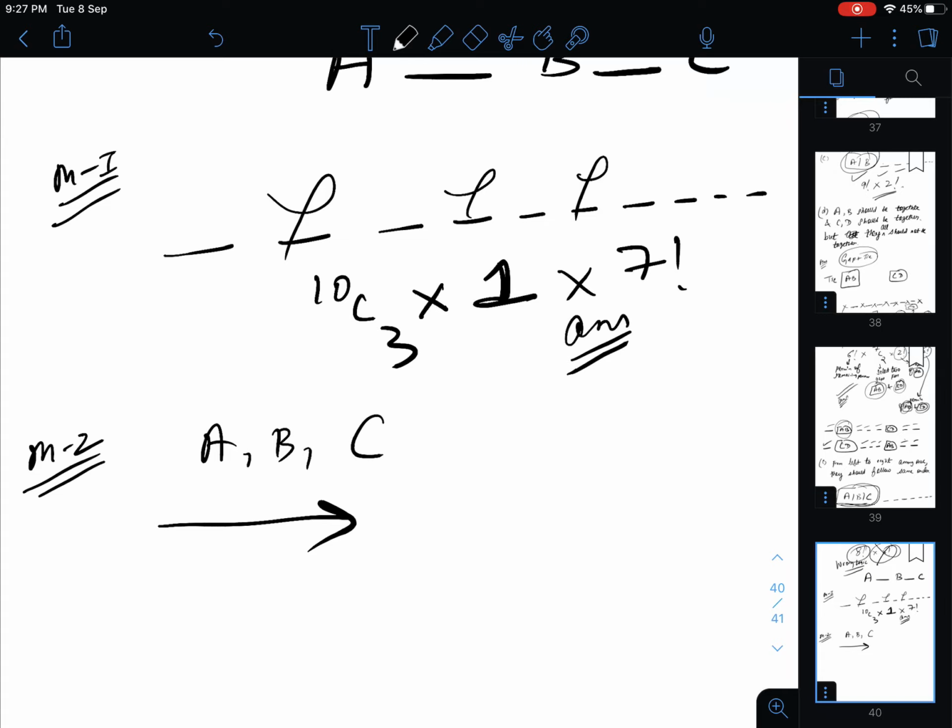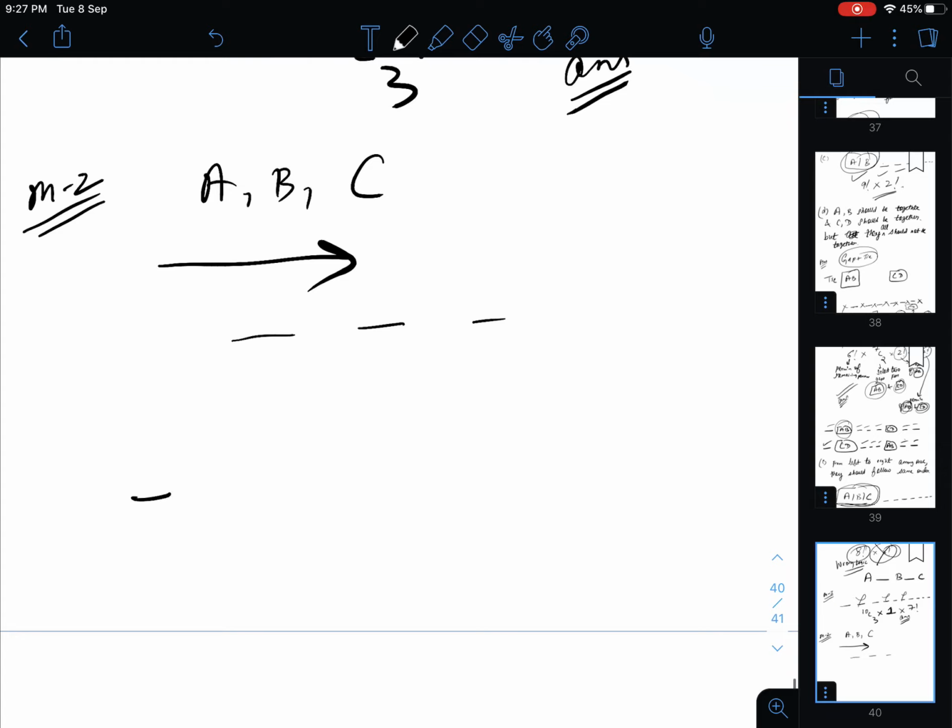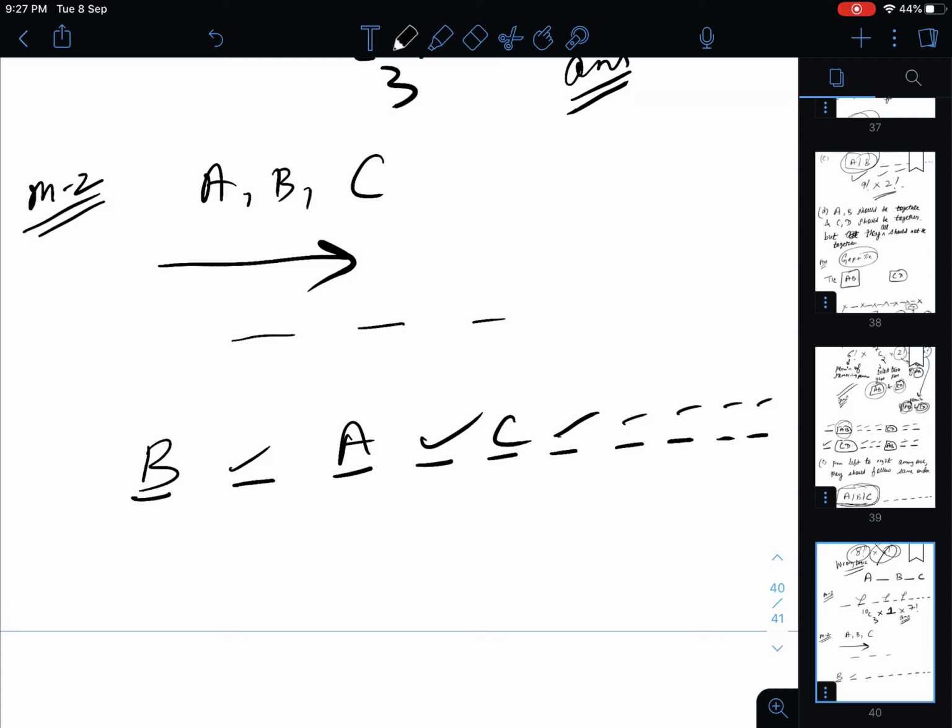So that means ordering amongst A, B and C is irrelevant, right? Whatever arrangement we have of the 10 persons, suppose you have 1, 2, 3, 4, 5, 6, 7, 8, 9, 10. Suppose one of the arrangements is B, some person here, A, some person here and C and some persons here. Now BAC, in this particular arrangement there are 3 factorial ways in which you can permute B, A and C,